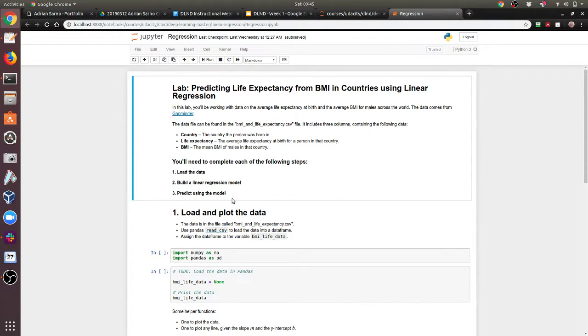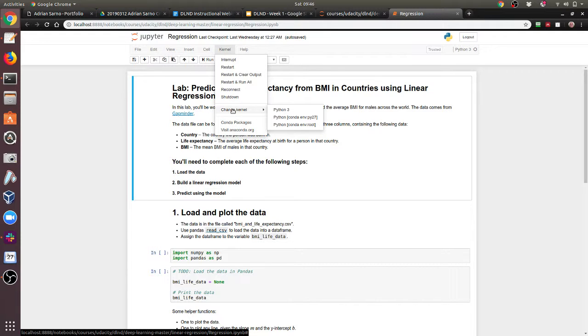So here you have a Jupyter notebook, and we have a menu here, and one of the menus is kernel. If you look in kernel, you will see that you can change your kernel. It offers me to continue working in Python 3, which is the kernel that I'm using right now, or I can change to another environment, Python 2.7, or there is another one that is Conda root, that you don't know what it is. But in any case, there is a way to change the kernel from inside the notebook,